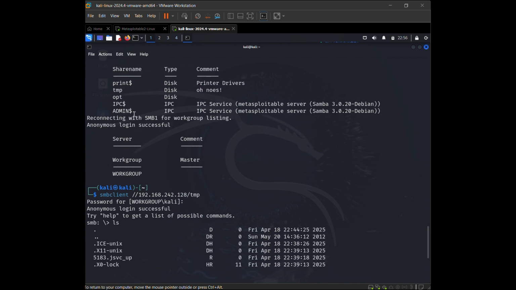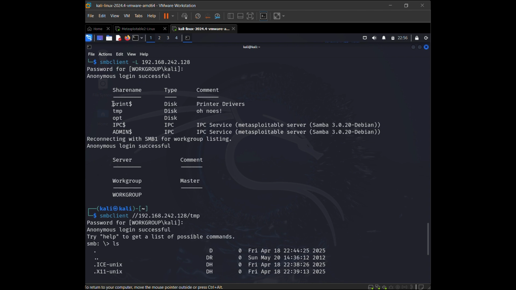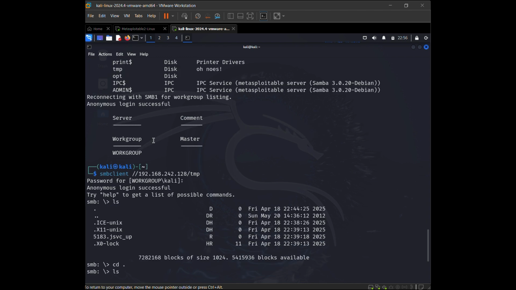First of all, smbclient is a Samba client with an FTP-like interface. It is a useful tool to test connectivity to a Windows share. So here, as you can see, I ran smbclient on the particular Metasploitable IP. I already knew the password for it. As soon as I entered the password, it showed me all the shares, the type, and the comment. And we earlier saw that TMP was readable and writable.